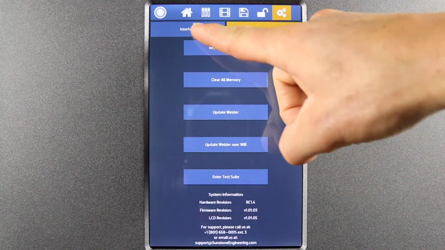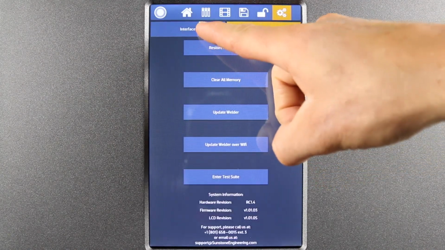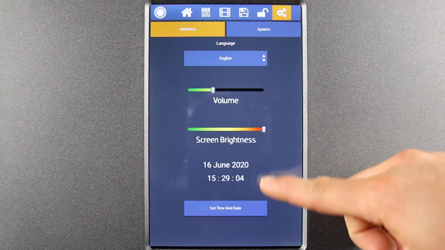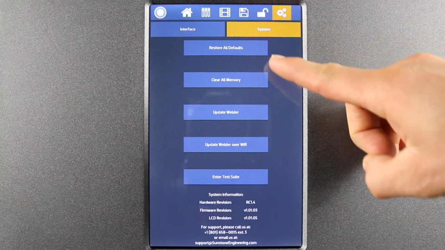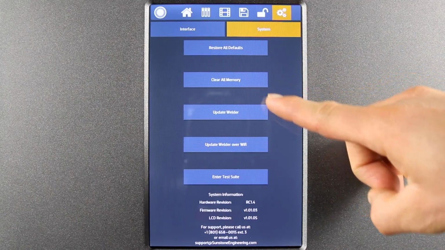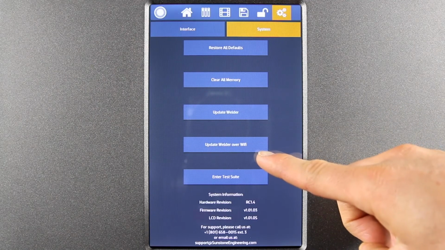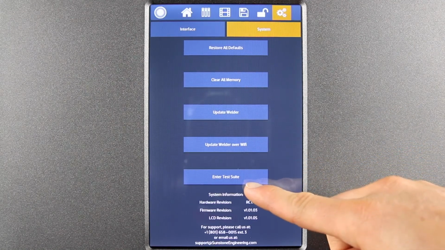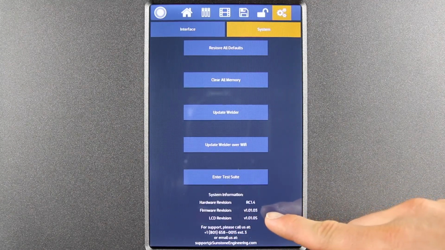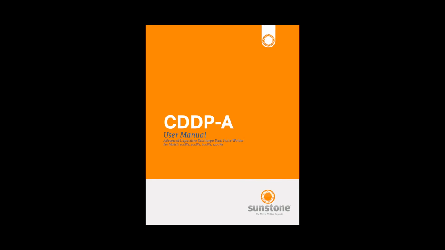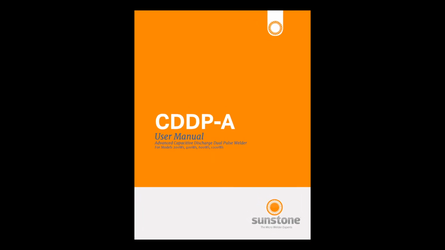The settings screen is divided into two different sections: Interface and System. Touch the Interface button to select the language, adjust volume and screen brightness, and set the time and date. Touch the System button to restore defaults, clear the welder's memory, update the welder's software with a local USB drive, update the welder's software via Wi-Fi, or enter Test Suite. At the bottom of the screen, the system information for your welder is displayed, including the software versions. If you need to utilize any of these functions, carefully consult the user's manual or call Sunstone customer service for